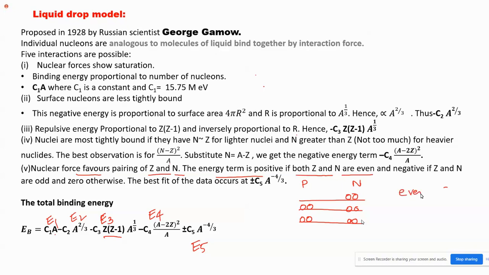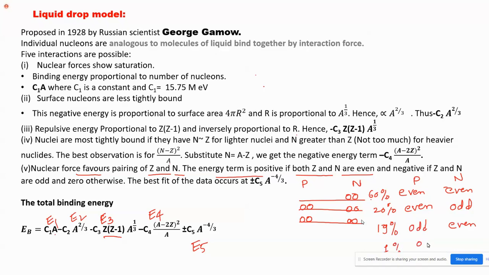So we have seen in the last lecture, even number of protons and neutrons. Almost 60% of the elements are having even number of protons and even number of neutrons. Out of the total number of stable isotopes, around 20% are having even-odd combination, even number of protons, odd number of neutrons. Another 19% are having odd-even combination. And only 5, that is around 1%,